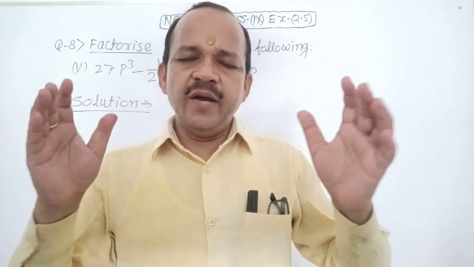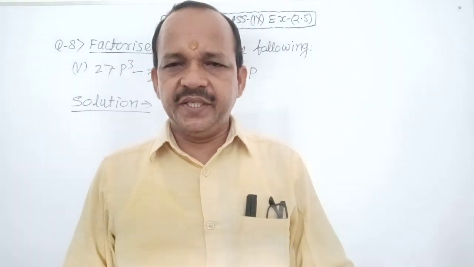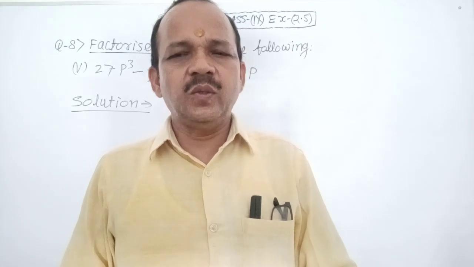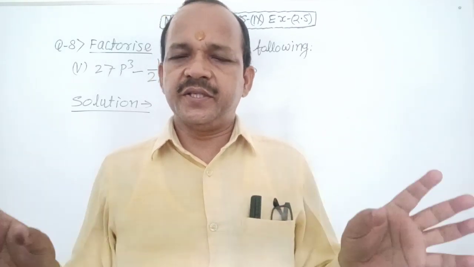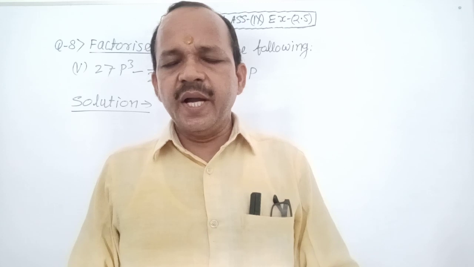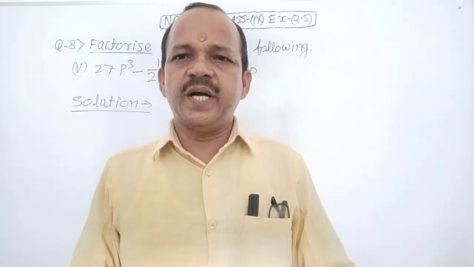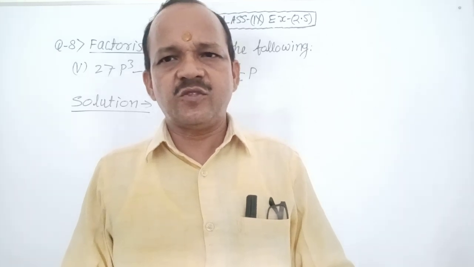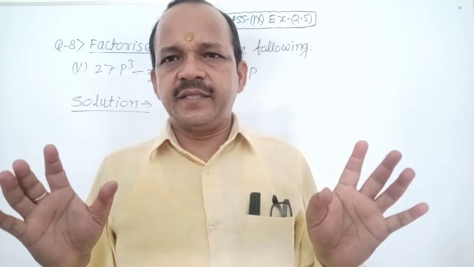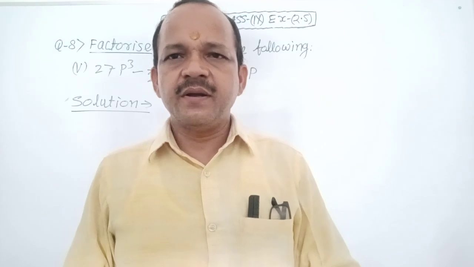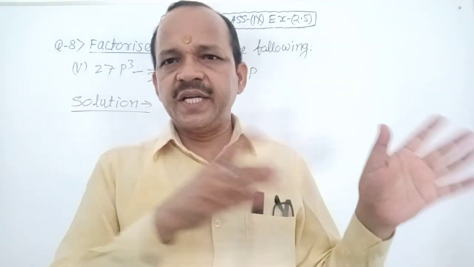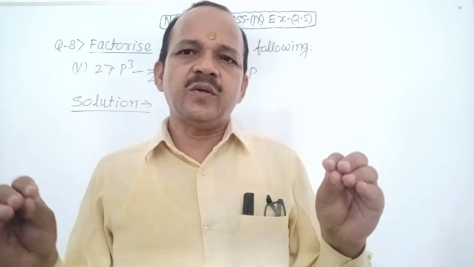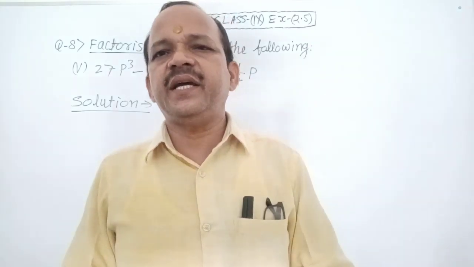Very good. Today I want to describe identity and its use. It means how you can factorize the following question with the help of an identity. The identity is (a minus b) whole cube equals a cube minus b cube minus 3ab in brackets (a minus b). It is a suitable identity. You can use this identity for the following question. The question is clear, the identity is clear, no confusion about it.